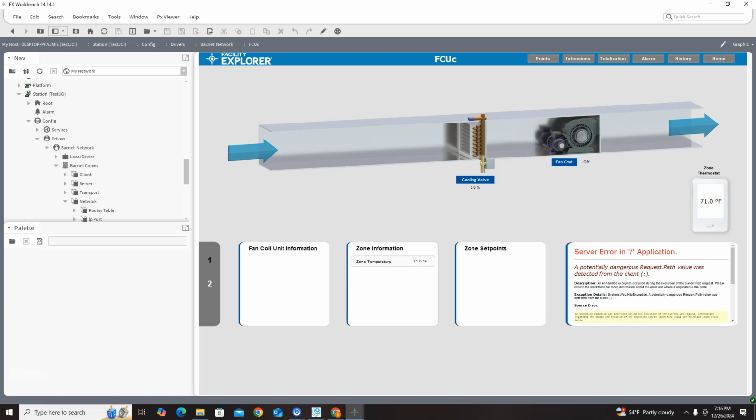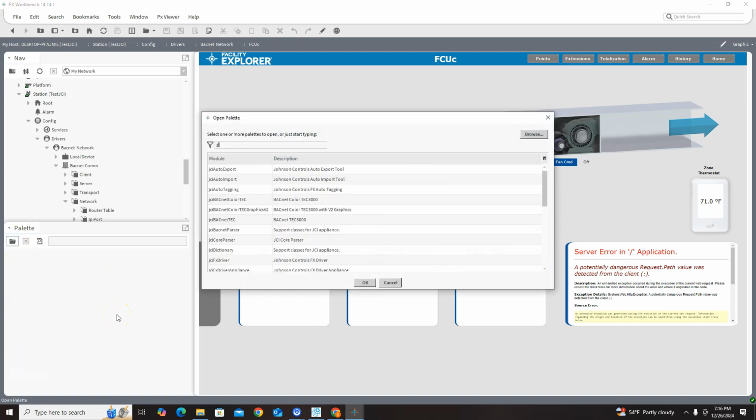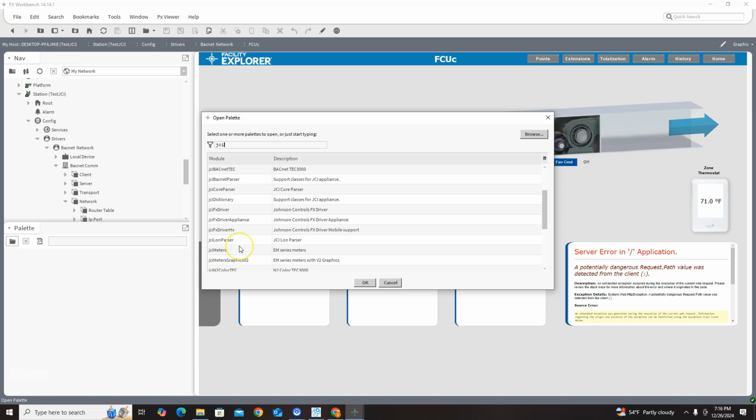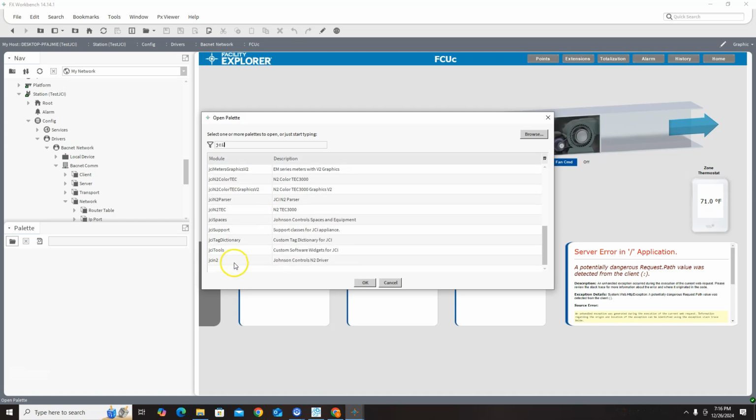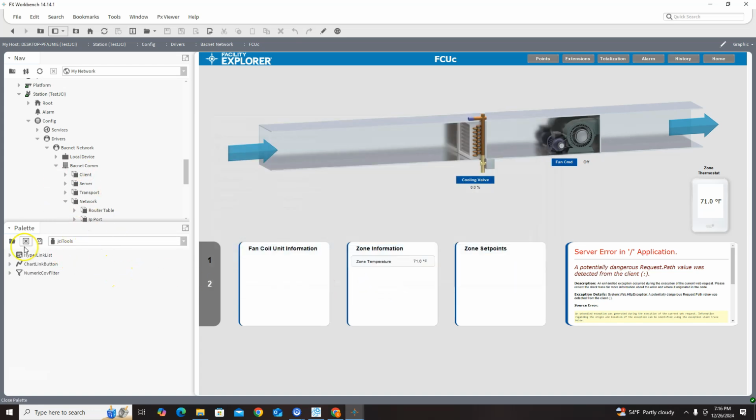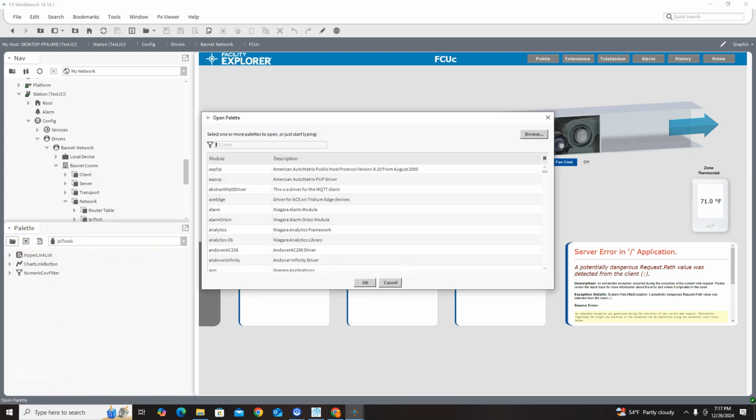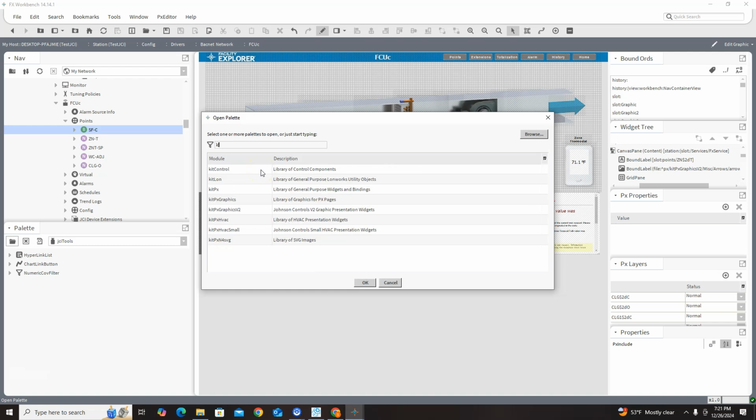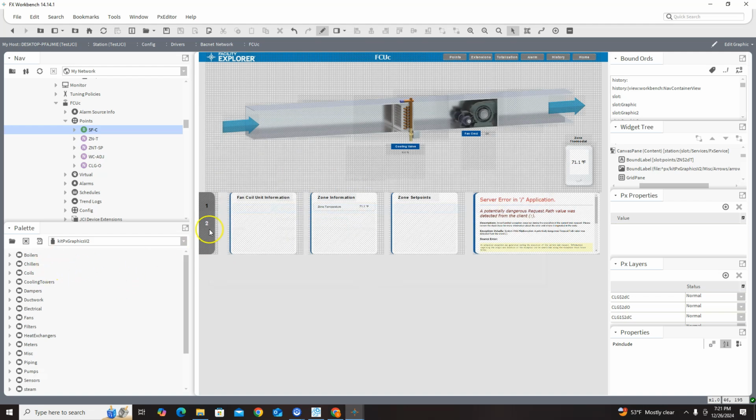under palette, and we go and we search for the JCI, what's it called? Widgets? JCI tools? Let's try that. Nope. Let's try JCI. I was wrong. They used the kit PX v2 widgets. And now, so if I wanted to say I had a, I don't know, a return fan or something,